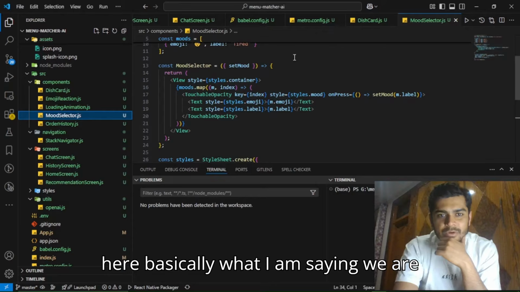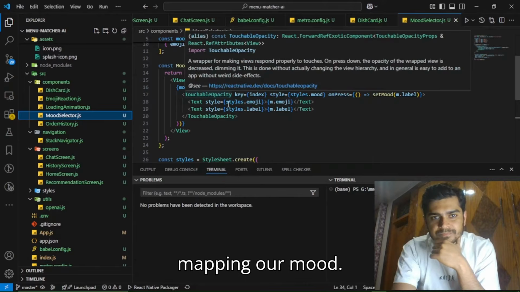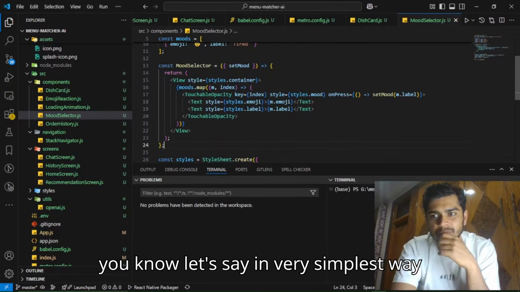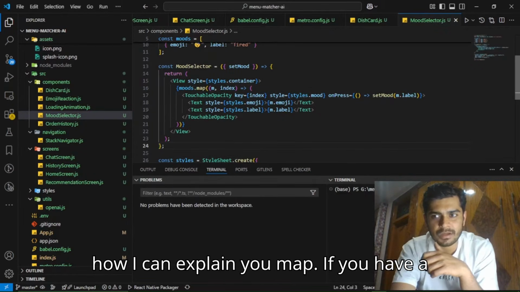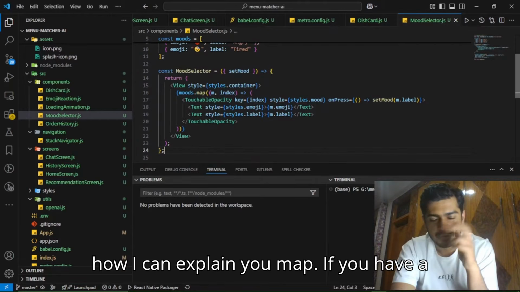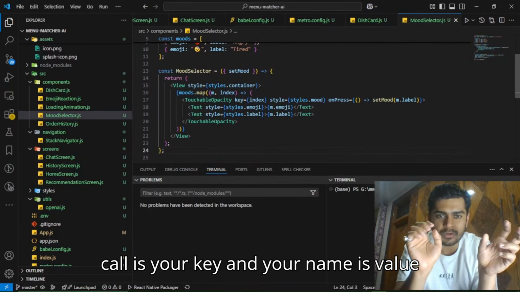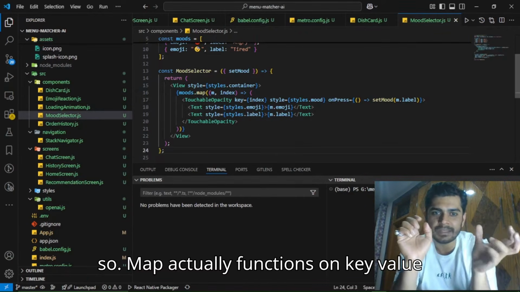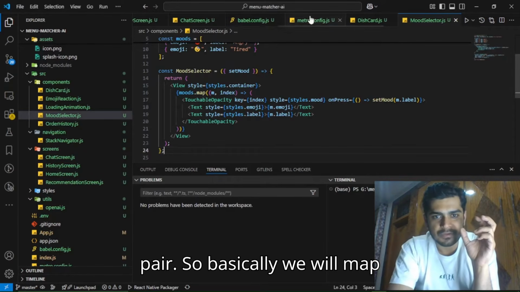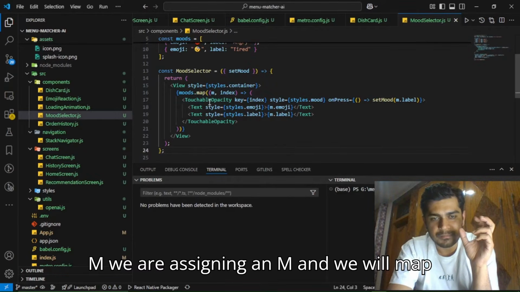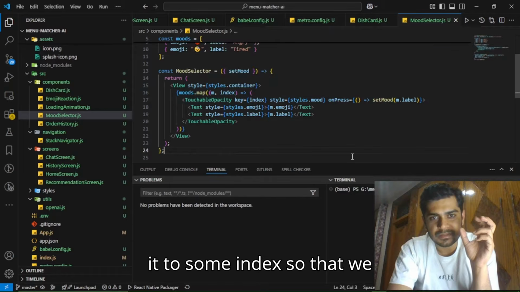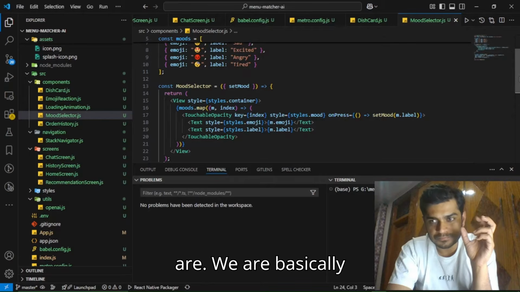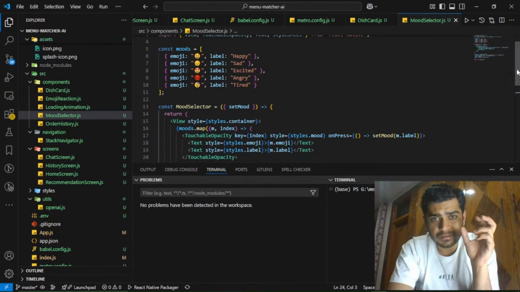And here basically what I am saying, we are mapping our mood. We are mapping, so key value pair map, if you know, let's say in the simplest way how I can explain map. If you have a roll call and you have a name, the roll call is your key and your name is the value. So map actually functions on key value pairs. So basically we will map m, we are assigning an m, and we will map it to some index so that we know which mood we are basically entering